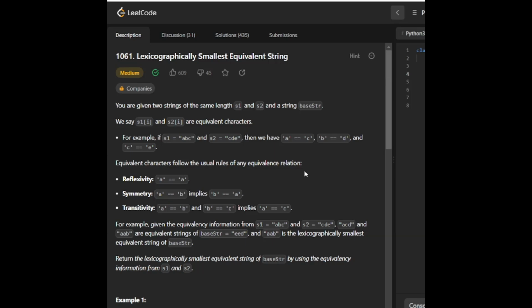In this video, I want to talk about LeetCode problem 1061, lexicographically smallest equivalent string. This is today's daily challenge problem on the LeetCode site, and there's actually kind of a funny story about that, because this was originally a premium-only problem, so when this was the daily challenge, a lot of people freaked out